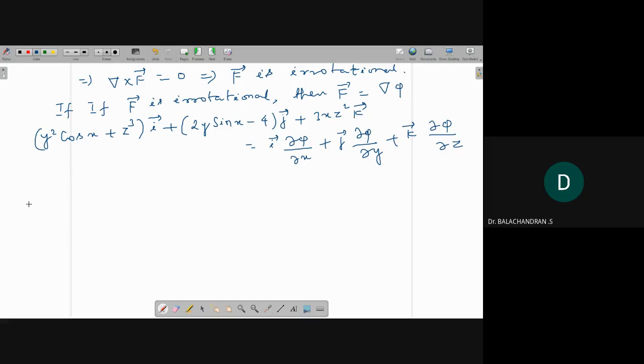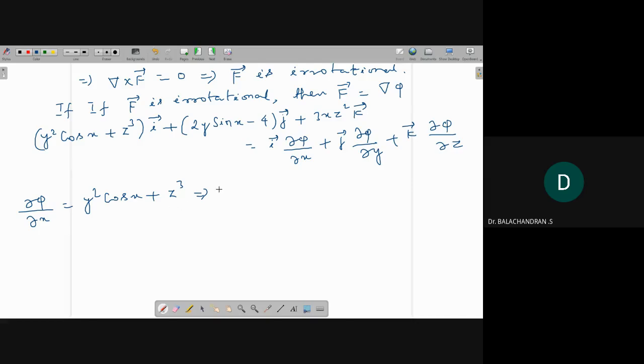If you equate component wise, you'll get, first better to write, ∂φ/∂x equal to y² cos x + z³. So this implies,